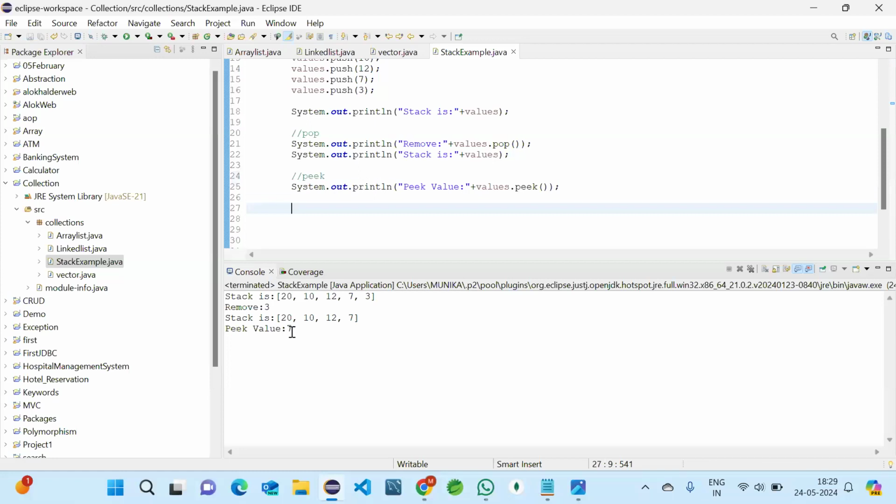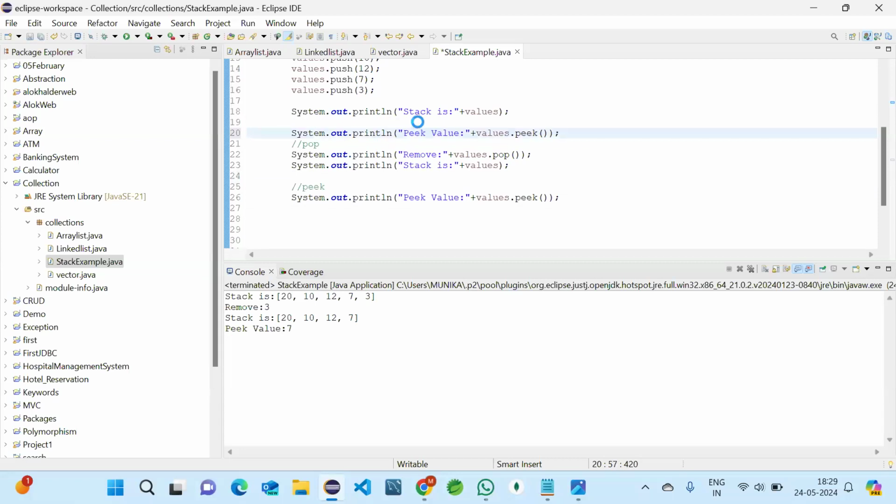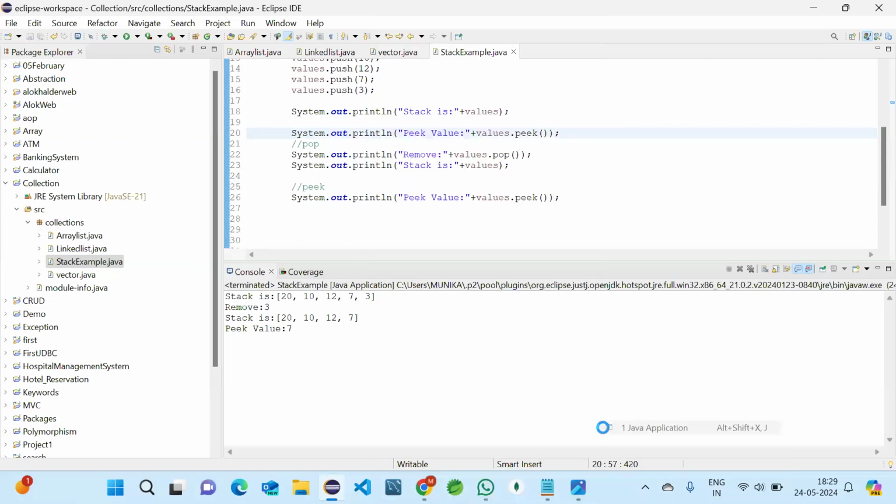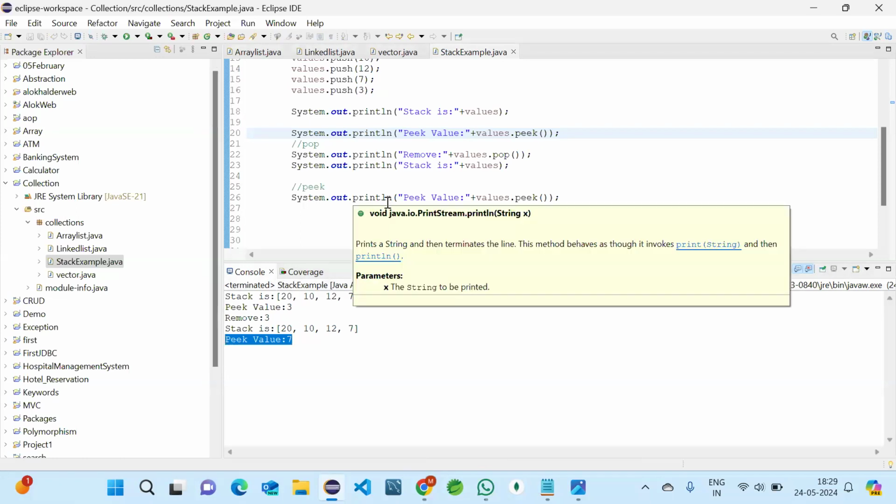Now the peek value is 7. We can also print the peek value before deletion, so that we'll get 3 that time. See, before deletion, the value of peek is 3, and as 3 is removed, now the peek value is 7. Got it?